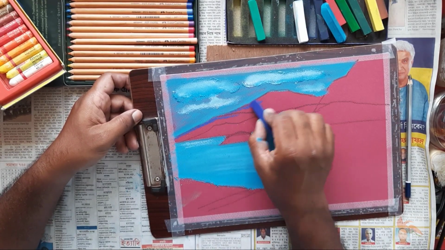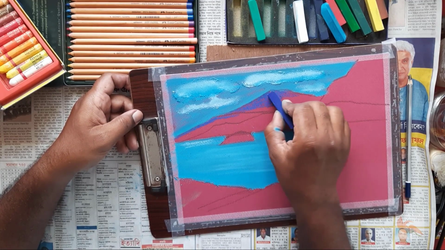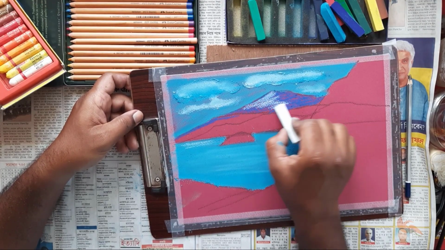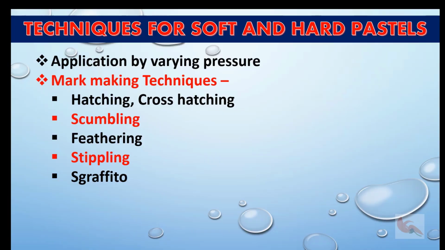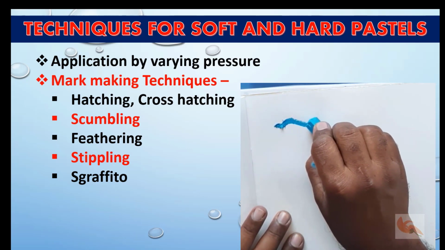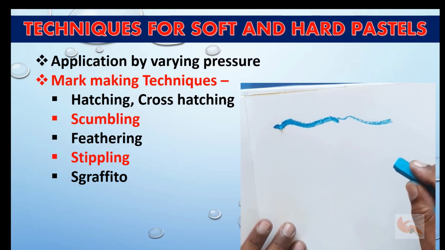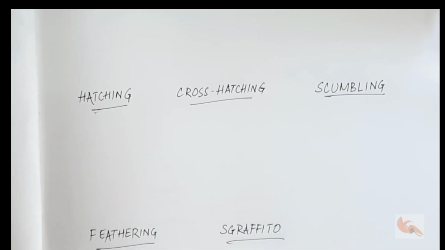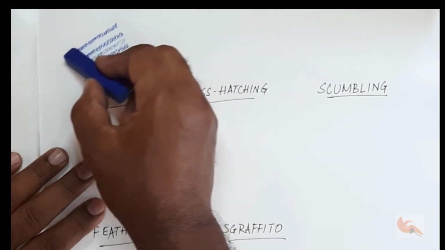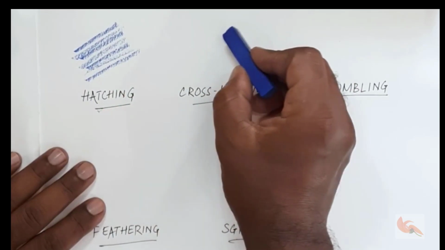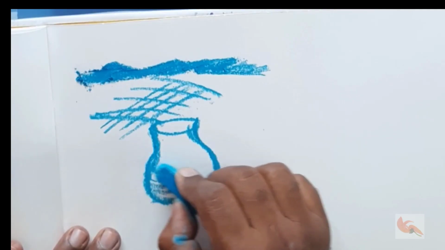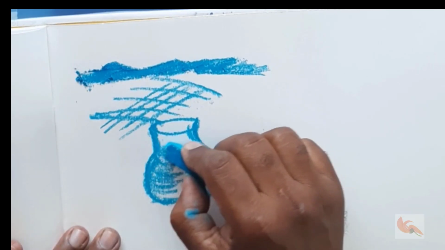Various techniques we can use are almost the same as those of graphite pencil, charcoal or even color pencil, just with much more ease and adding vivid colors. For mark making, we can make lines of varied value, width and shape by varying pressure and changing the face of the stick. We can draw lines following a particular direction, that is hatching, and the opposite direction also, that is cross hatching, to combine colors. Curved lines on a curved surface will help to describe its curved form.